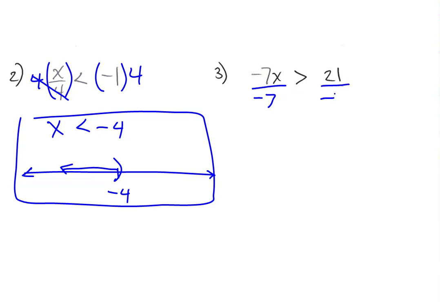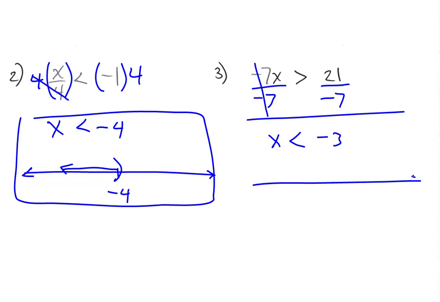Of course, we'd have to do it on both sides, but here we are dividing by a negative. This is a special case then where we have to flip the inequality symbol. So we now just have an x on the left side. We're going to flip the inequality symbol, so now the alligator is trying to eat the right side, which is now 21 over negative 7, which is negative 3. So we have x is less than negative 3,